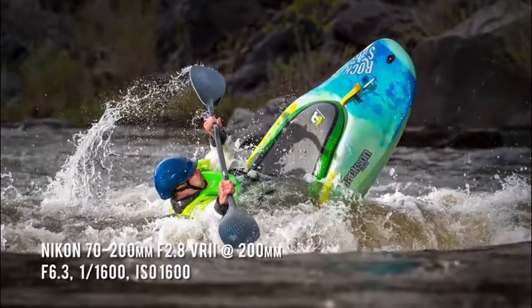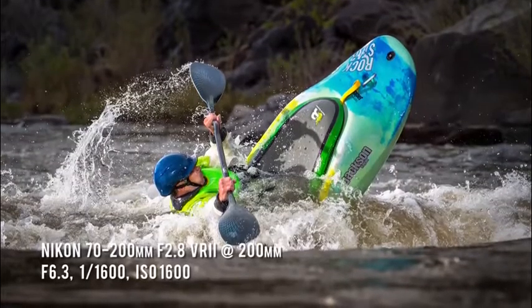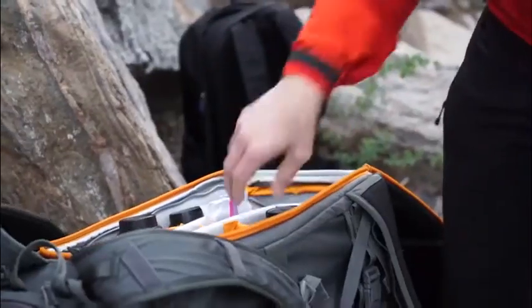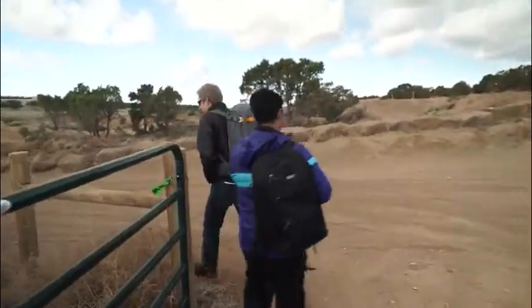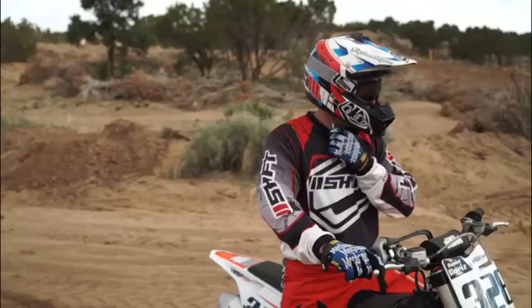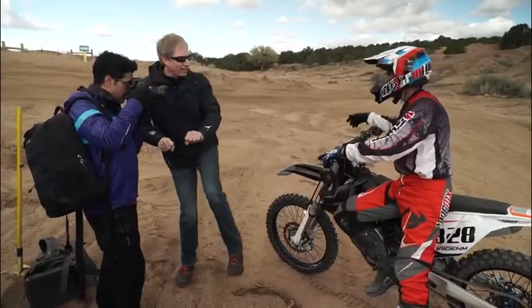While shooting the kayakers was a lot of fun, we still felt like we hadn't stretched the AF system to its limits. You did it, man. So the next day, we headed to the motocross track. It was the first time I've ever shot motocross before, actually. You push the back end out a little bit to...